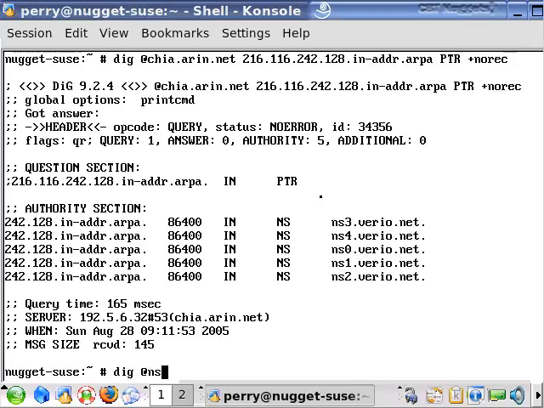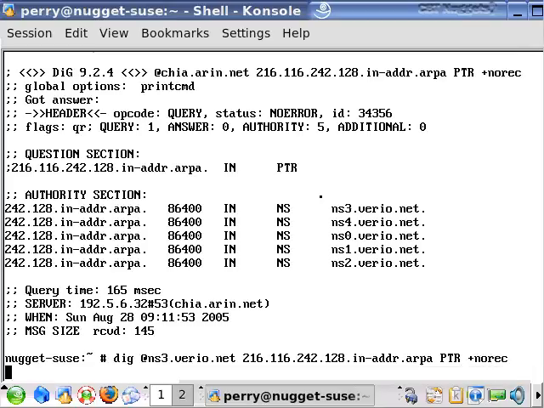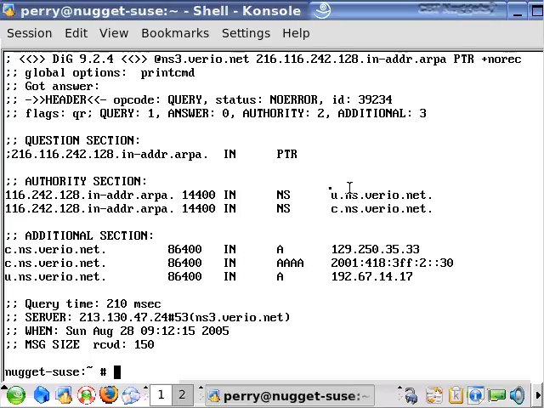We're going to search for ns3.vario.net, and I'm still looking for the same exact IP address here. Okay, and I'm going to hit enter there, and now you can see we're getting down even farther, and now I'll do one more dig command. I'm going to say dig at c.ns.vario.net for 216.116.242.128.in-addr.arpa